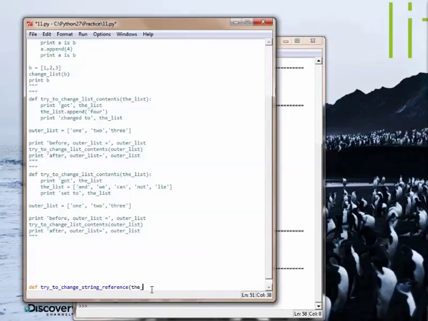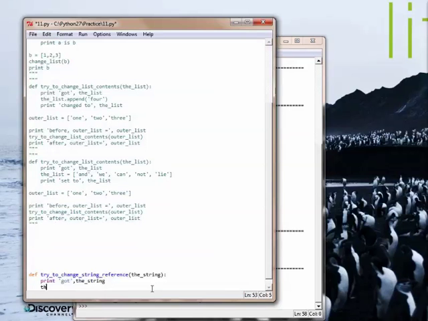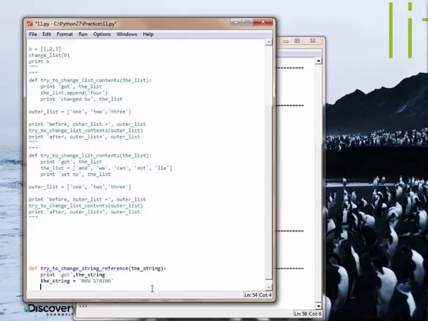Okay, we pass it the string. Again, we say got the string. Alright, now we try to change the reference here. New string. Okay, print set to